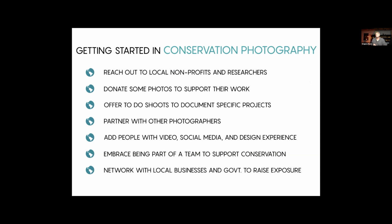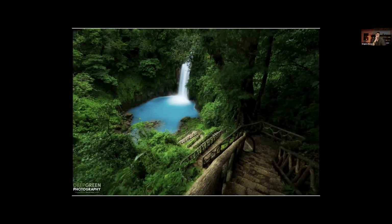It can be a really, really fulfilling way to show off your photography, and also, I will say selfishly, to get yourself access to photo opportunities that you might not otherwise have. So I'm just going to show you a few